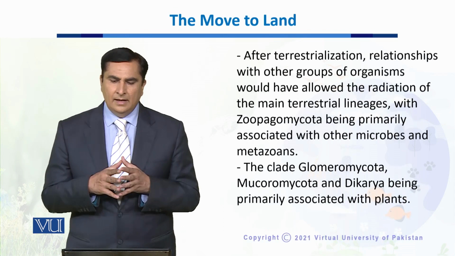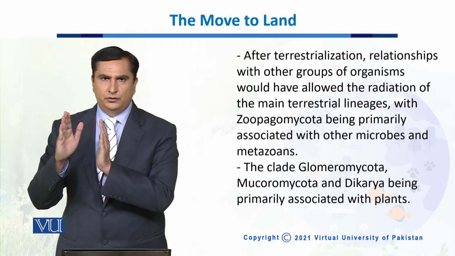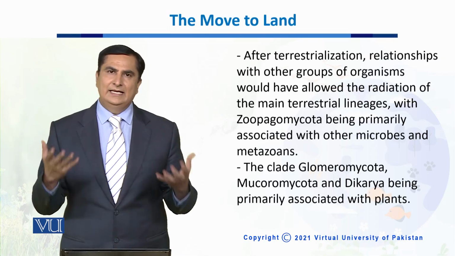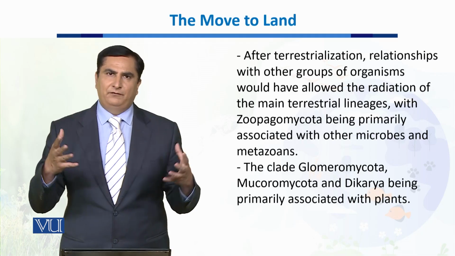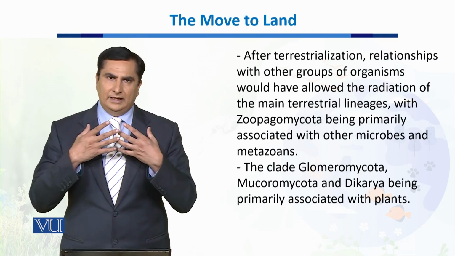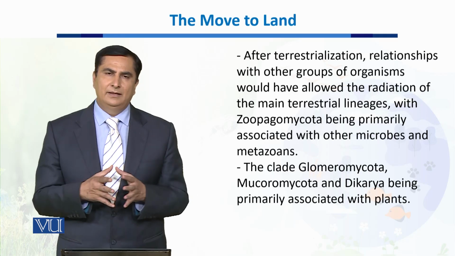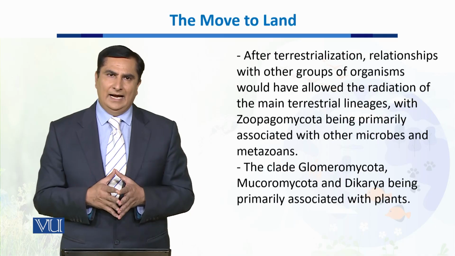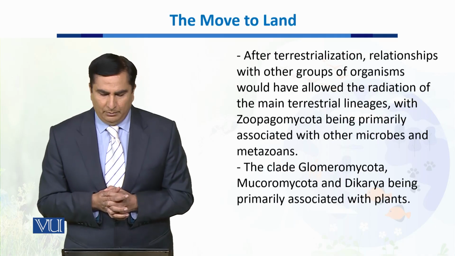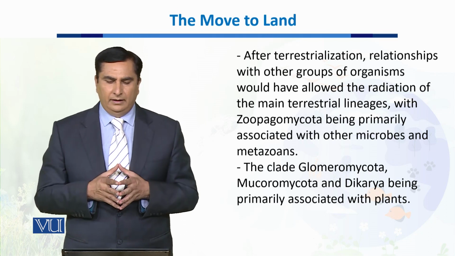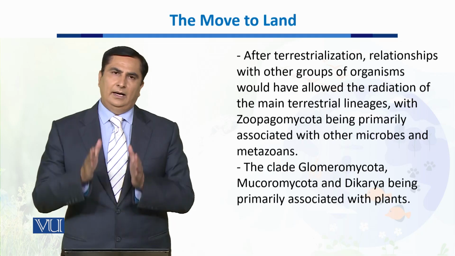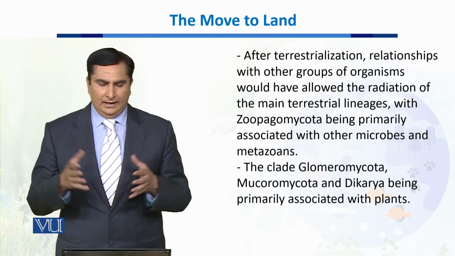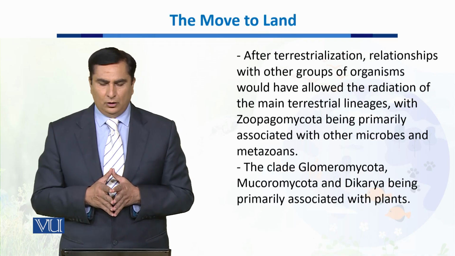Now, after they successfully moved to the terrestrial environment, there was radiation of lineages, meaning many different phyla or species of fungi developed in order to occupy different ecosystems on land, that is, in the terrestrial environment. For example, Zoopagomycota became primarily associated with microbes and other metazoans, while other clades, for example, Glomeromycota,